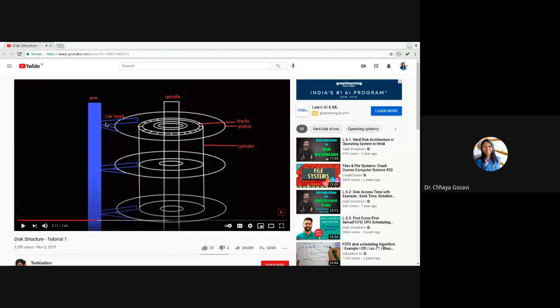Here the head is moving in the horizontal direction. It covers all the tracks, starting from track 0, the outermost track, to the innermost track, and a read-write head will point to the same track in all platters. And if this read-write head is pointing to this track, now the platter will move in a circular manner, so that all the sectors from that particular track can be read. So this is the circular movement of the disk, and this is the horizontal movement of our read-write head.